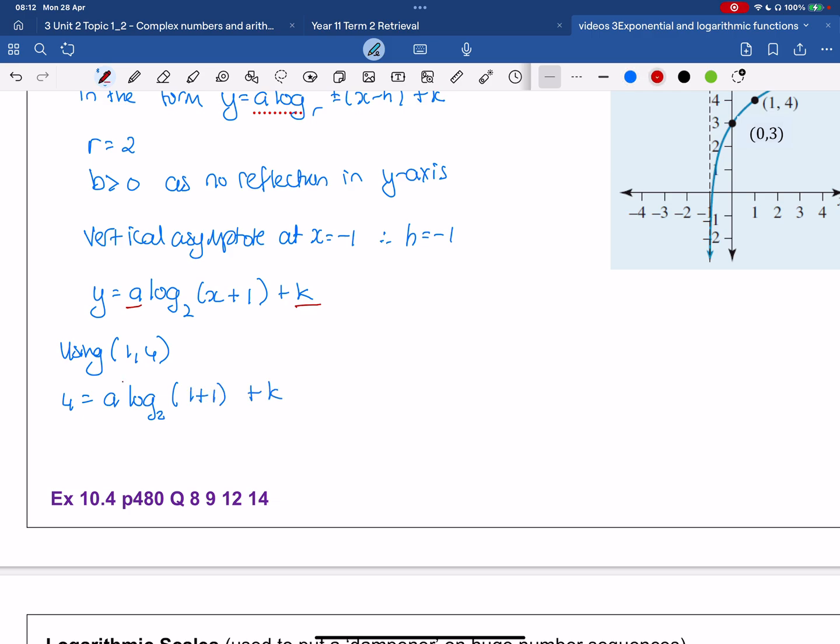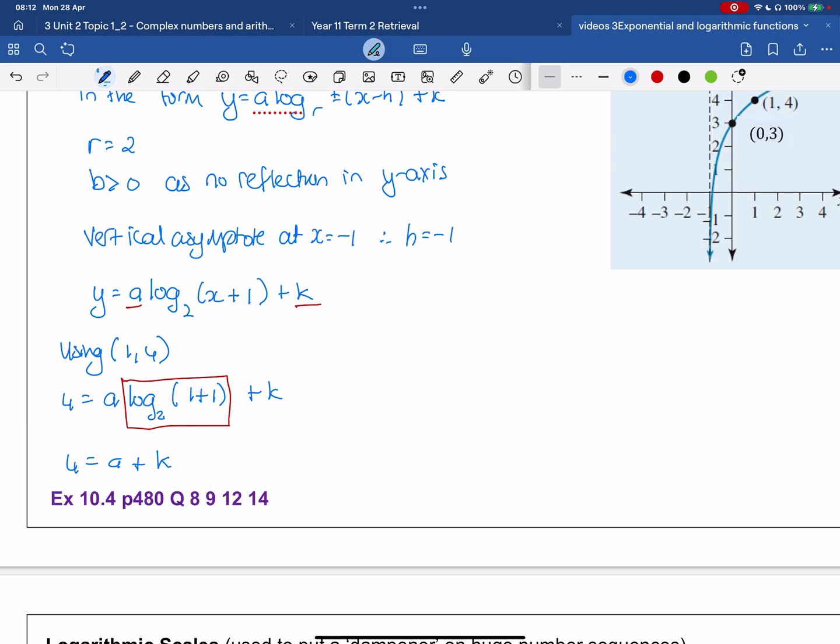and we get very happy because log base 2 of 2 is just equal to 1, so 4 is equal to a plus k. All right, so there's our first